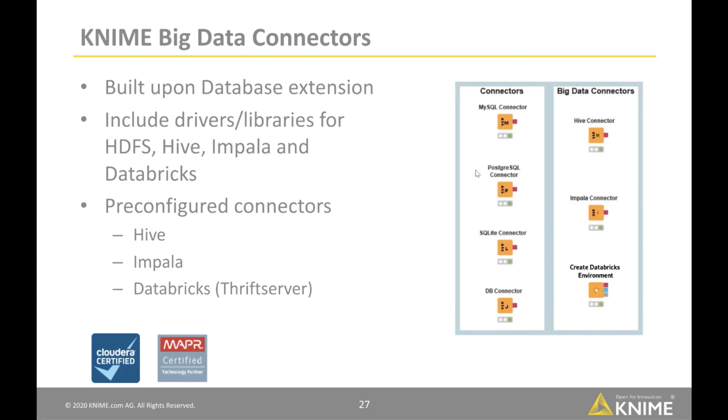So on the right-hand side here, you find the most prominent ones that I mentioned. The Databricks connector is a little bit special because it's an all-in-one node that at the same time provides you a database connection, a file system connection, and Spark. That is because when you have a Databricks cluster, you have all these things anyway at the same time, and they're integrated with one another, so it doesn't make sense to split this out into separate nodes because you need everything all the time anyway.